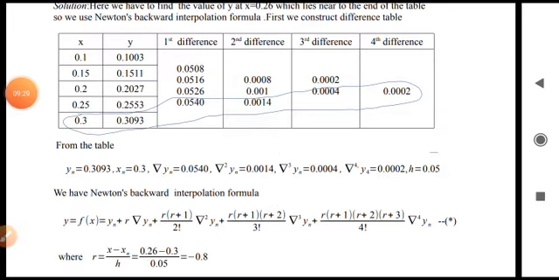Now we have Newton's backward interpolation formula. y equal to f of x, which is equal to yn plus r times del yn plus r into r plus 1 whole divided by 2 factorial del square yn plus r into r plus 1 into r plus 2 whole divided by 3 factorial del cube yn plus r into r plus 1 into r plus 2 into r plus 3 whole divided by 4 factorial del to the power 4 yn. We call this equation star,